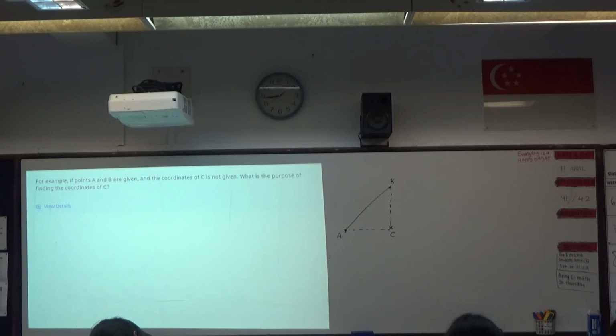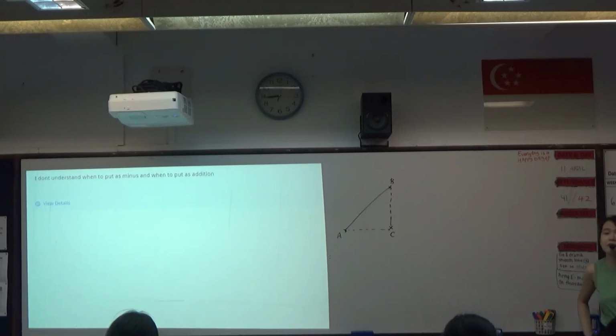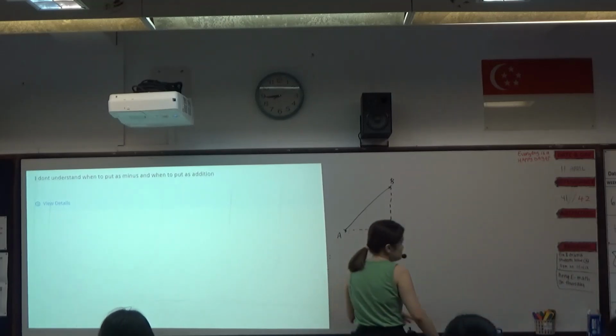Okay, later I'll wrap up. So I'll just run through these questions. And then this question here: do I need to know how the formula works? I have a hard time understanding how it works. You don't need to know how it works. However, it will benefit you if you forget the formula, especially for the next person who asks this question and doesn't know when to put minus, when to put plus. That's the problem, because if you don't understand the formula, then you will be very confused. So I'll make use of just one example